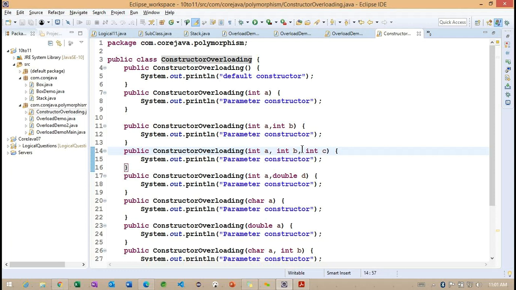In real-time applications, we define the same method name with different numbers of parameters, because the same method is called from multiple locations. We define only one method in the service class, and after defining it, the calling is very important. We call it from different locations, and whenever we call from a different location, we specify different parameters. We are going to see this after completing these OOPS concepts.